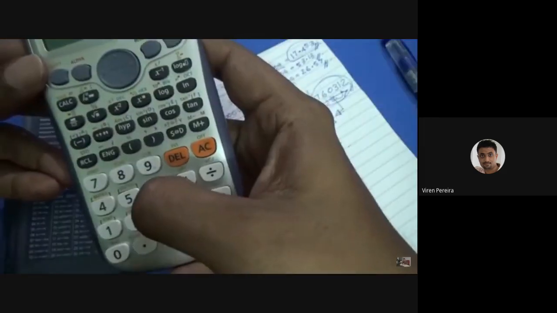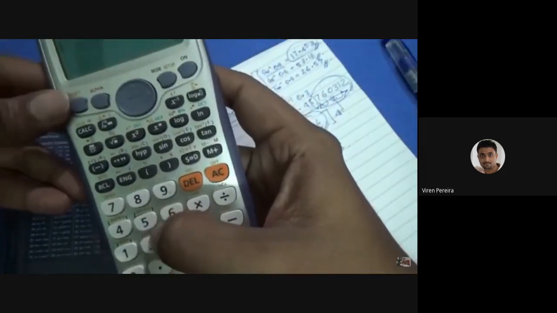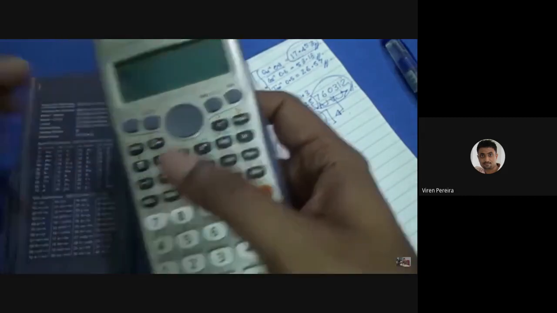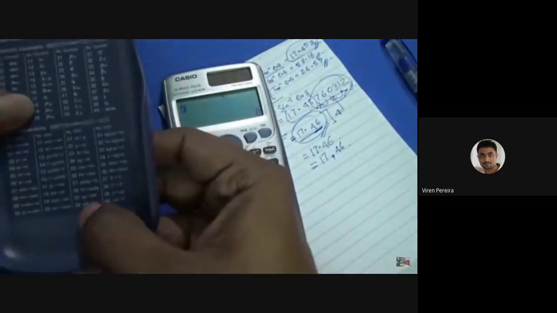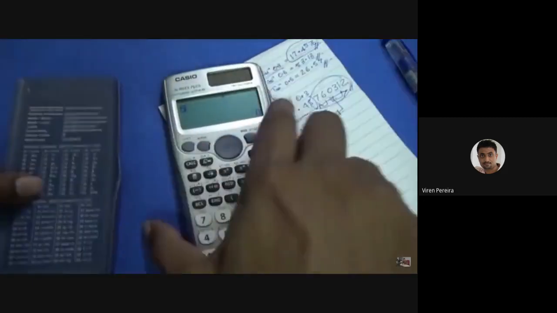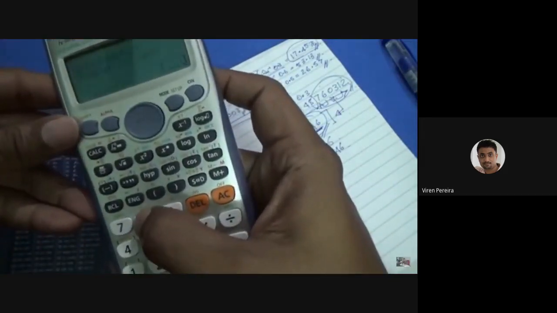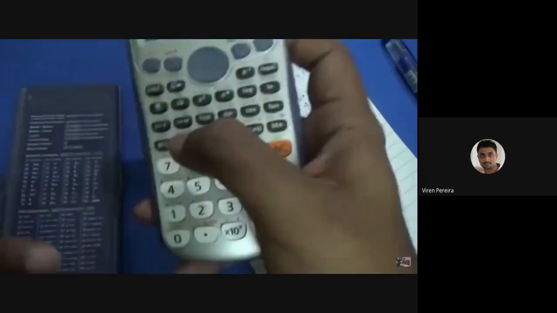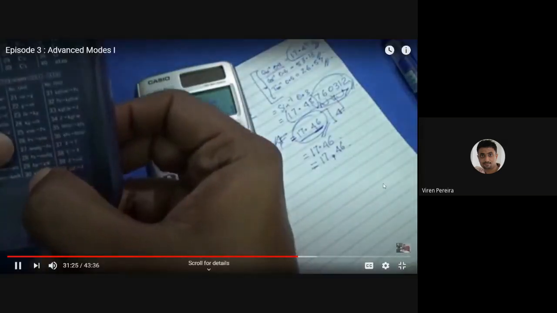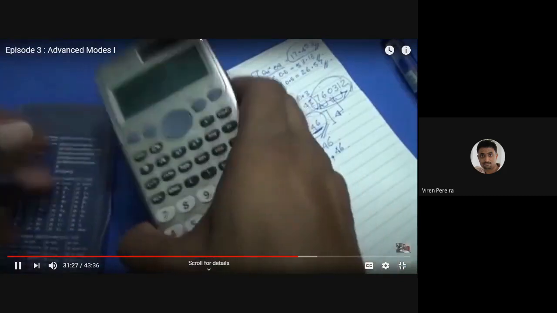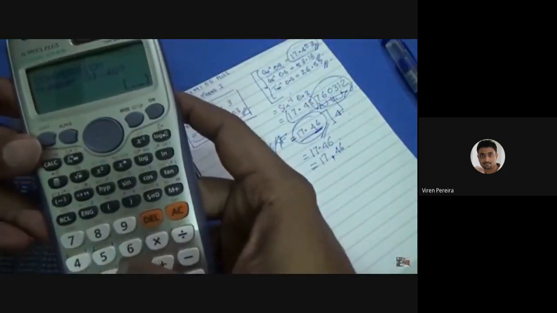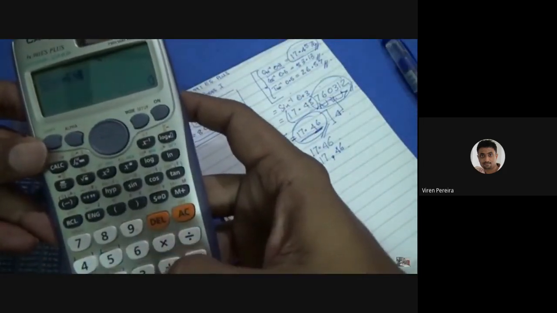So say you have a motor of 5 HP. I can press 5 and say I want to convert this HP to kilowatt. So I press shift conversion. HP to kilowatt is 29. So I put 29 here. So now I have 5 HP. So my 5 HP is basically equal